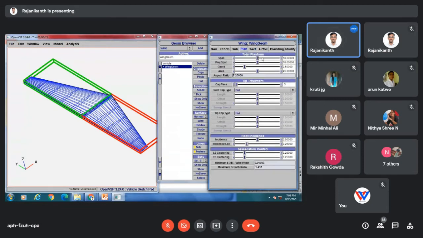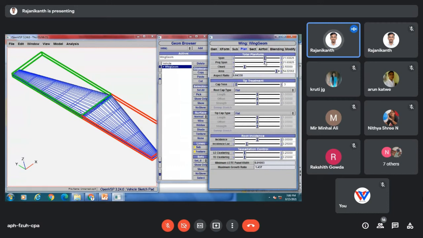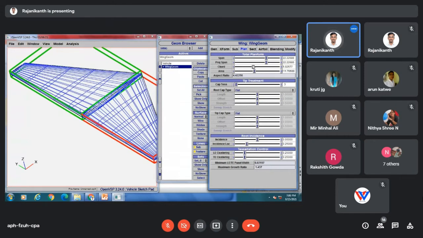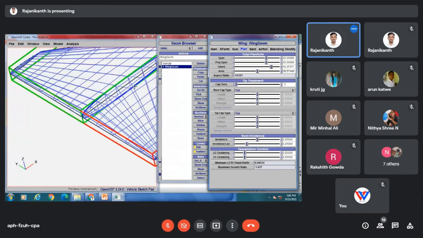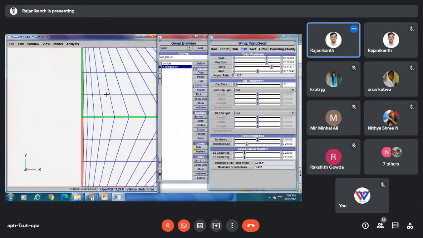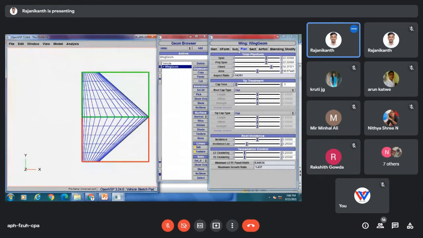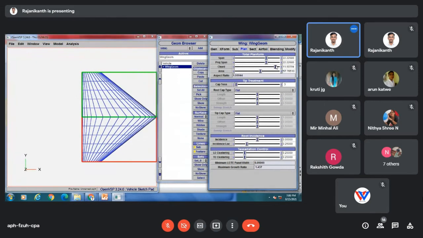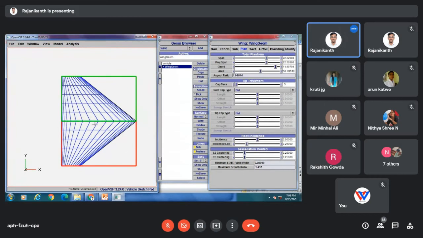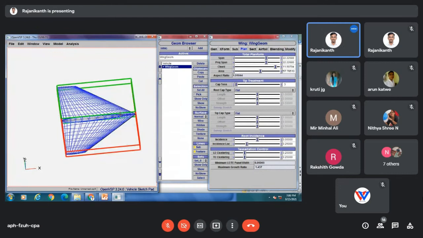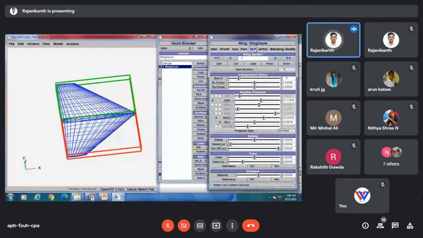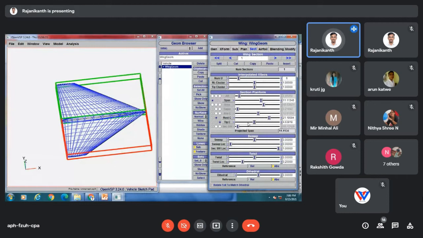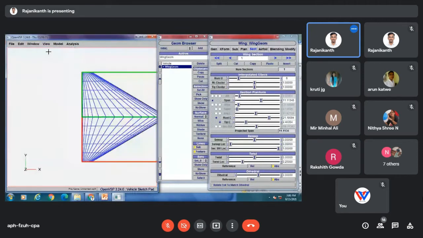And here we will come to plan, where we have span, projected span, and chord. So by increasing the chord near the root chord side, we will come to section where we have root chord and tip chord. We will increase the root chord and decrease the tip chord. So we can say this is our delta wing, right?